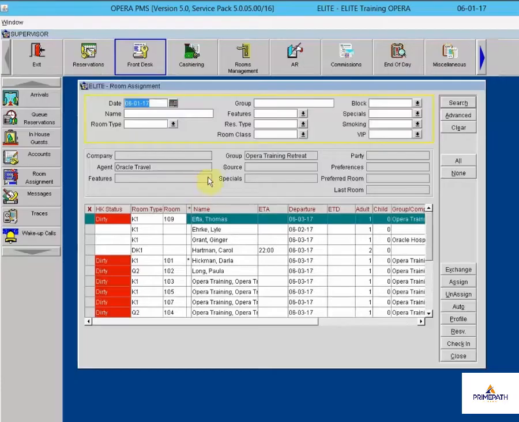In the room assignment area, notice up in the left hand corner it tells you what screen you're on. You have the yellow border here, so you can filter your search. Notice it defaults to today's date. Down below, you have all your arriving reservations, whether they're pre-blocked with a room number or whether they have not